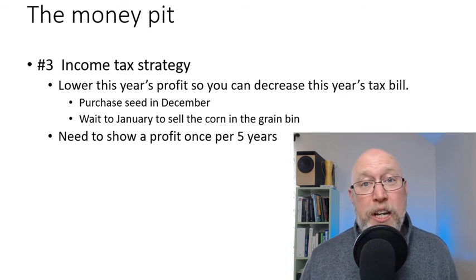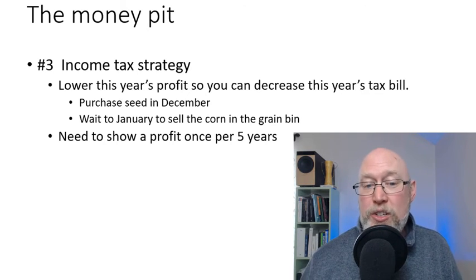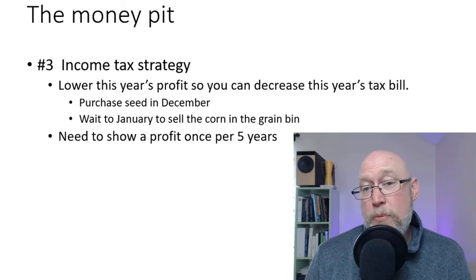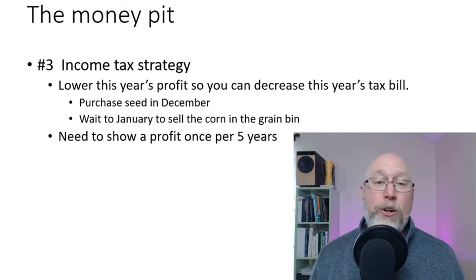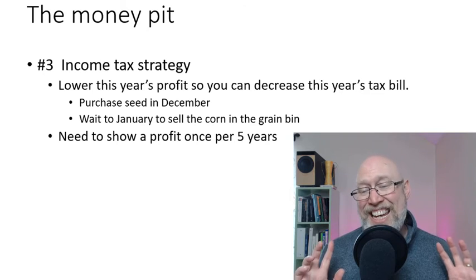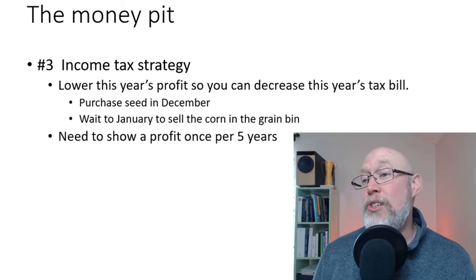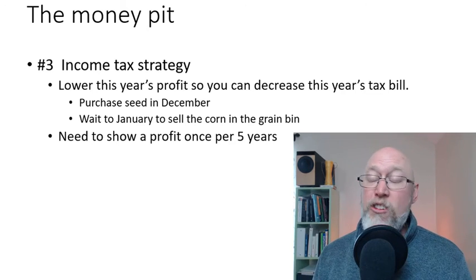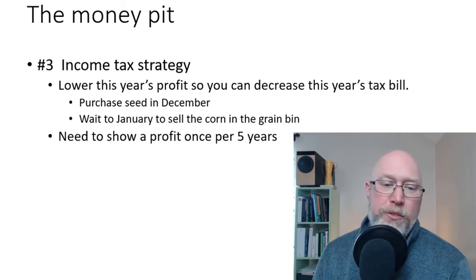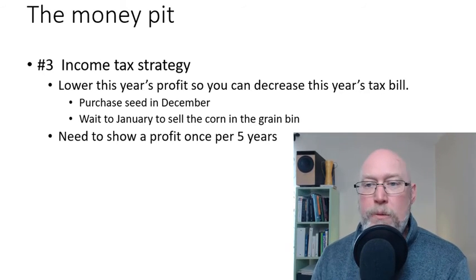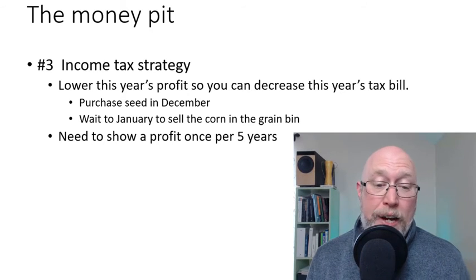You spend extra money in years where you've made money so that perhaps if you don't do as well next year, and this is done simply so you can attempt to time shift your taxes. You might, for example, have a grain bin full of corn and you decide, I've made plenty of money. I've had plenty of revenue this year. I'm going to wait till January to sell it because I don't want my taxes to be too high this year. Now, you need to show a profit once every 5 years or so, and it's real common for people to use tricks like this to minimize their tax bill.